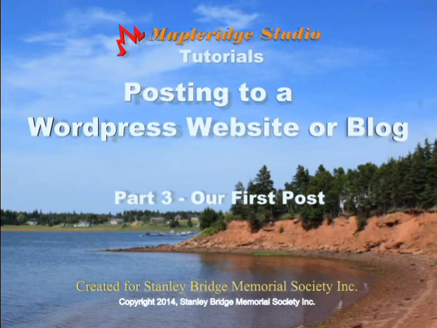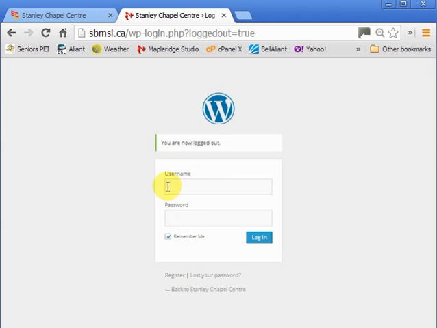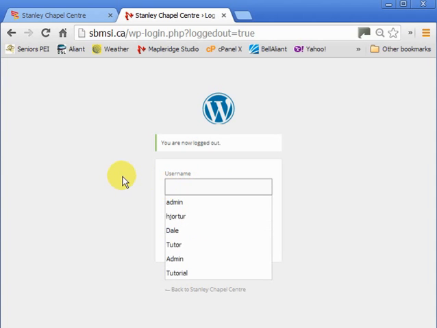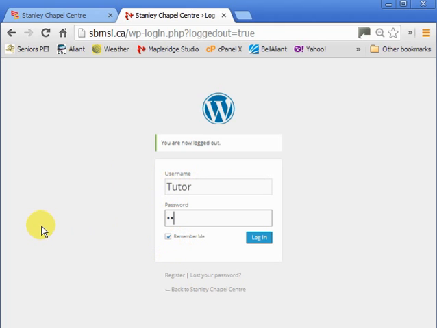We begin by typing our username in the username box on the login screen. We then type our password in the password box. Make certain that the Remember Me checkbox is not checked, unless you're absolutely certain that no one but you will be using this computer. Checking the Remember Me box makes it possible for you to return to the website without